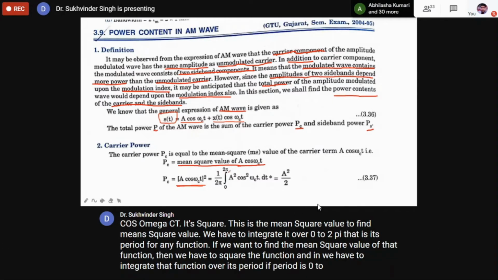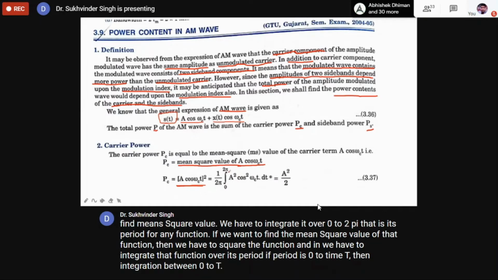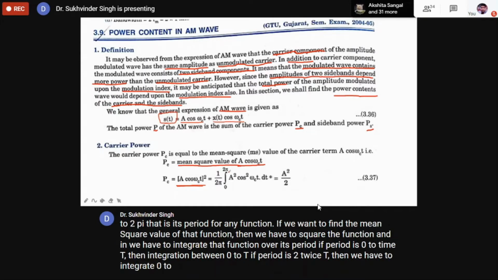If the period is 0 to time t, then the integration will be 0 to t. If the period is twice t, then we have to integrate 0 to twice t. But here